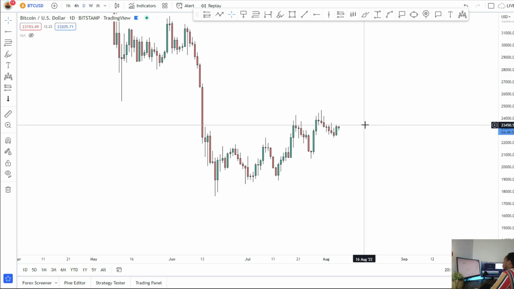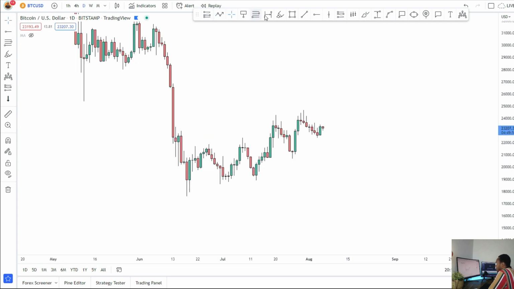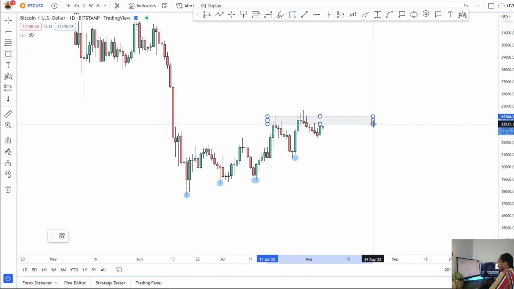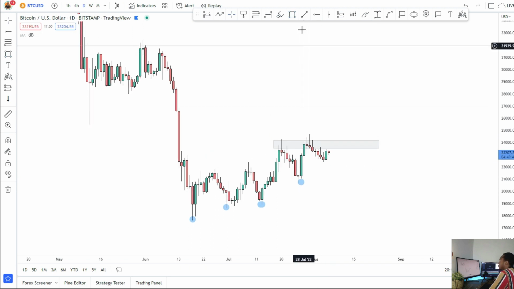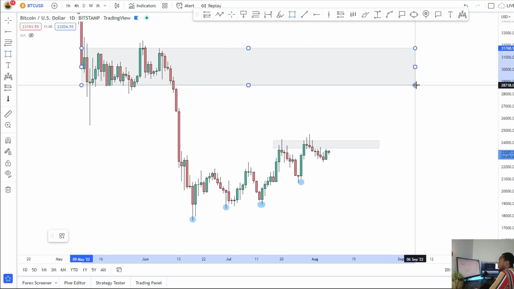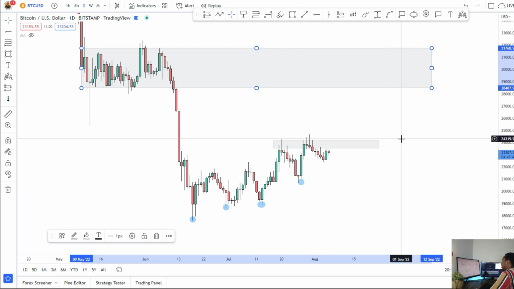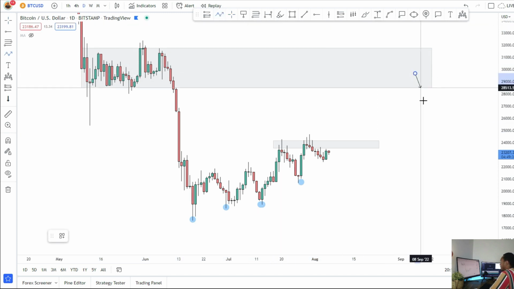Okay, so now we've got Bitcoin. Bitcoin's still on that path to the upside, very, very slowly. As you can see, the higher lows have been slowly printing in the market. We are showing some signs of exhaustion at this resistance where we could potentially roll over. But like I said, I'm still looking for a push into this consolidation around 29-30K to tap into this area,